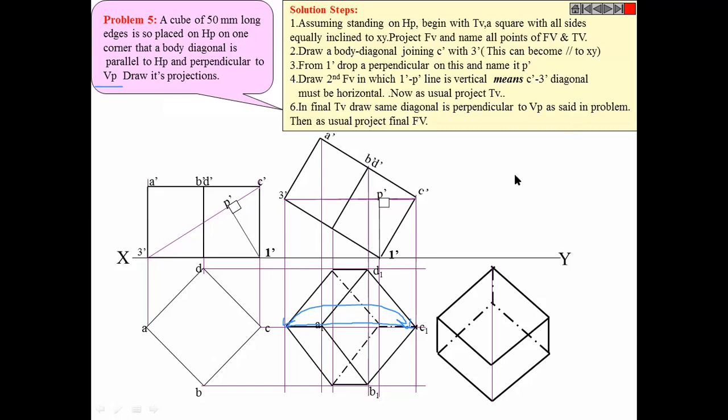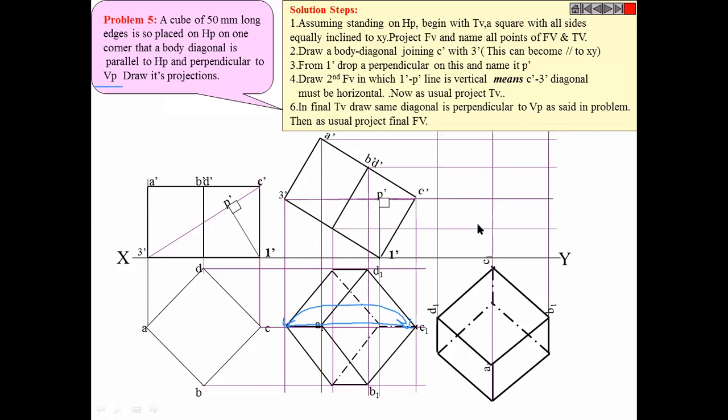Now we will draw its projection like this. Clear? This C is the farthest point, that's why the lines joining it, the non-visible see-through lines, are dotted. Clear everything? Understood?